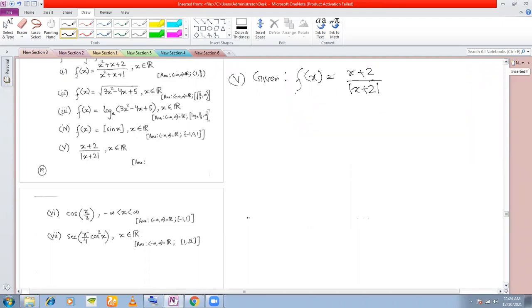So if you're getting the mod function, you must first simplify it to remove the mod and express it as a piecewise function, right? So this means that f(x) is equal to (x + 2) by (x + 2) if x + 2 is positive. This was from the definition of the mod function, greater than or equal to 0, let's say, right? And it is equal to (x + 2) by -(x + 2) if x + 2 is negative.